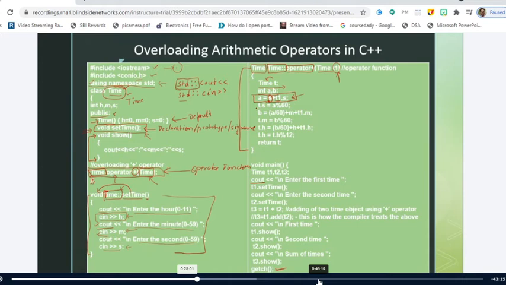And then I am making use of t dot s. What is this t? It is an object of type Time, right? Yes, sir. So when I declare this object, I also have the hour here, minutes here and seconds here. So I am making use of this t dot s such that a modulo division 60, right?